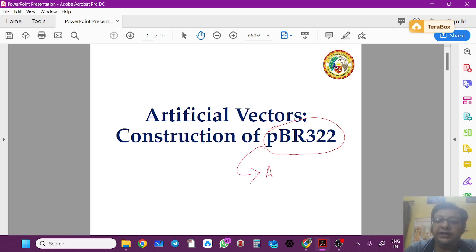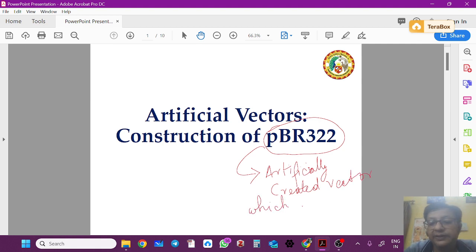This is an artificially created vector which is used in molecular biology cloning. So you don't really need to understand the steps of the exact intricate molecular biology